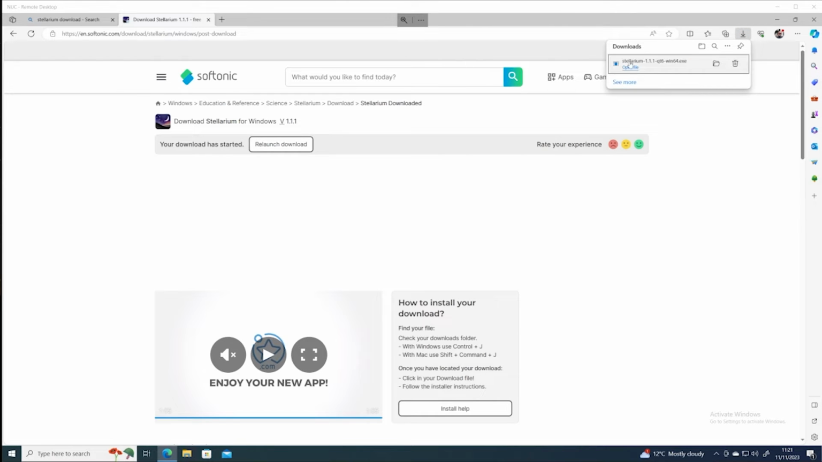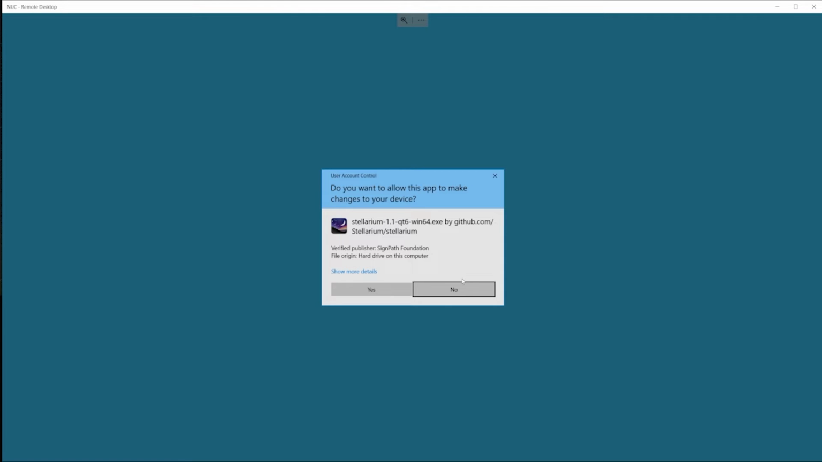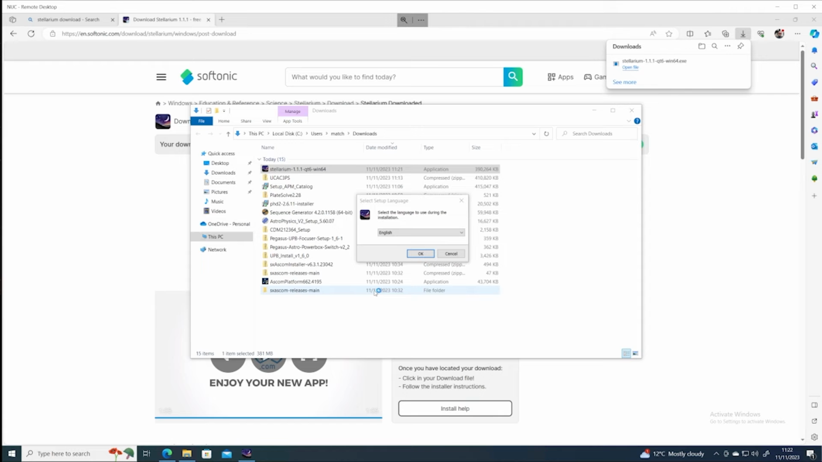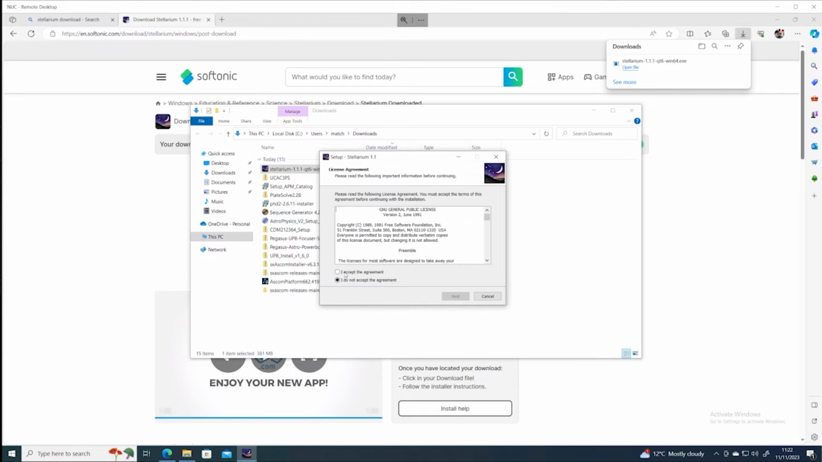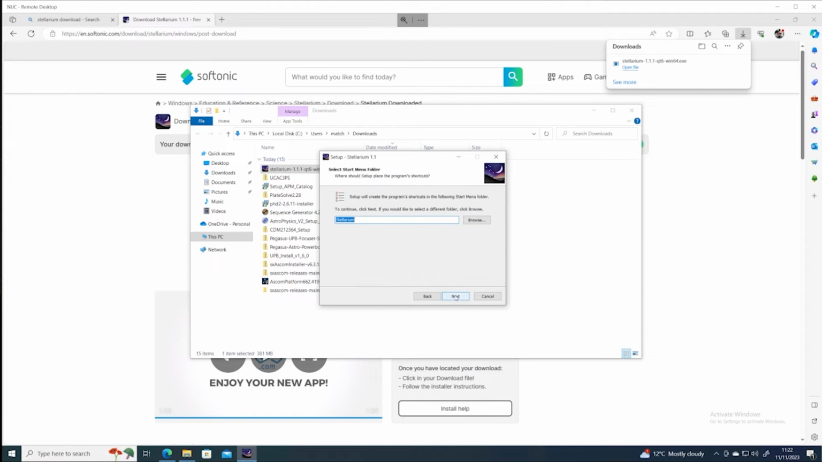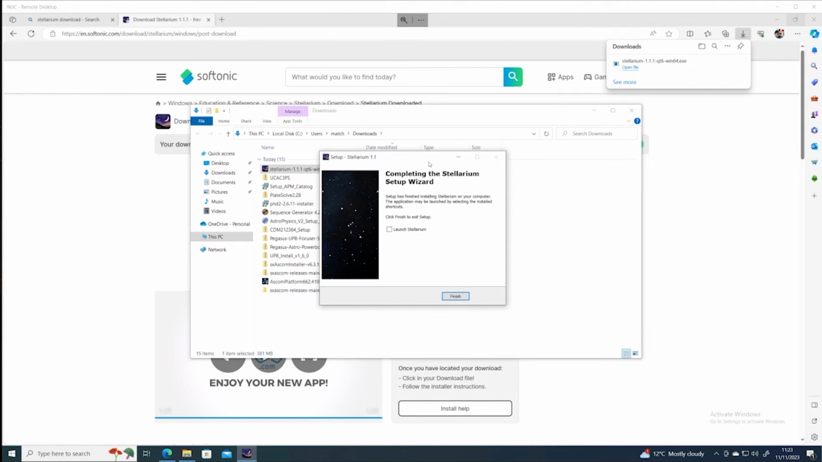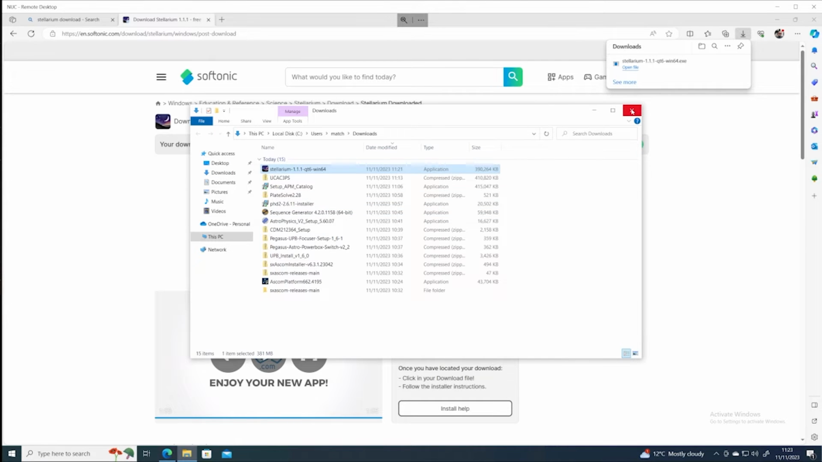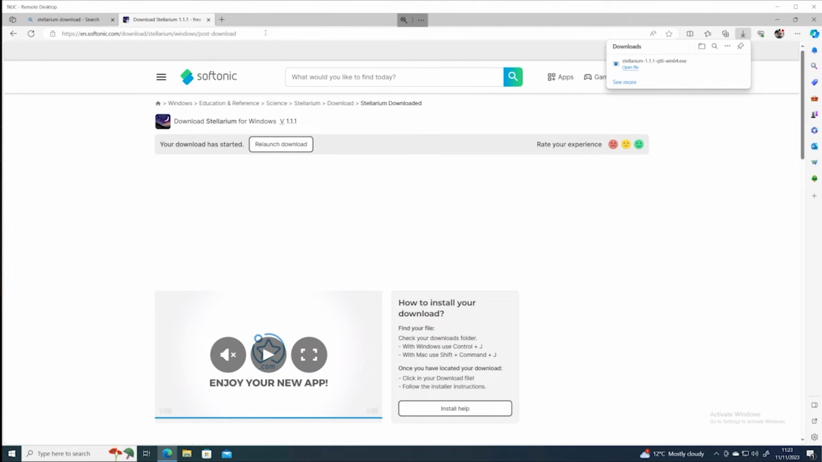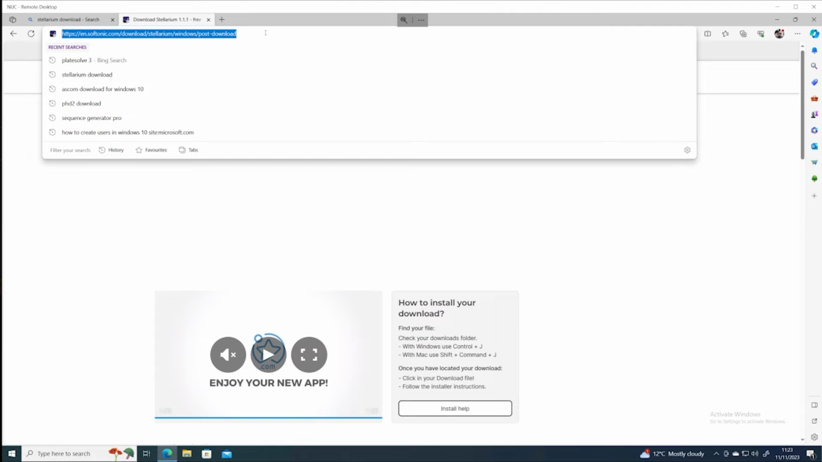Right, now that's downloaded, let's open it and install it. Do you want it to make changes to my device? Absolutely. Back to it. Accept the agreement. Put a desktop icon up. I'll be using this quite a lot. And install. We don't want to launch it right now. So close that. Actually, while we're at it, let's find